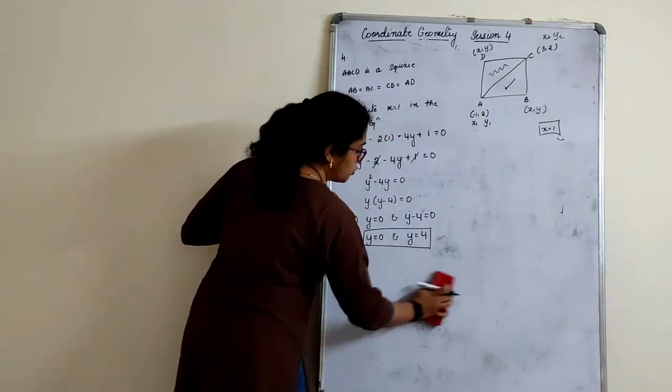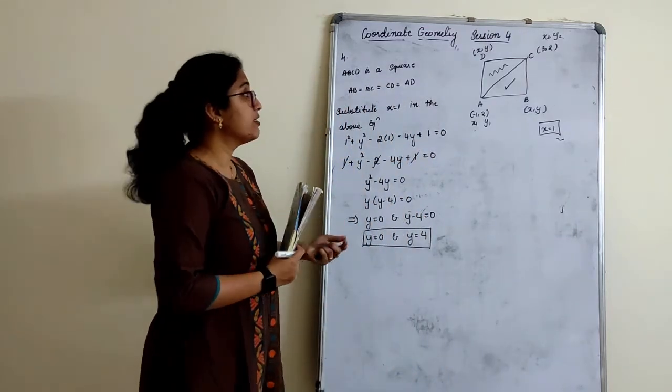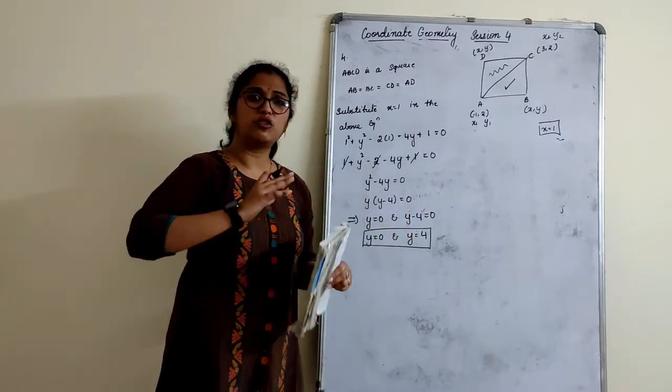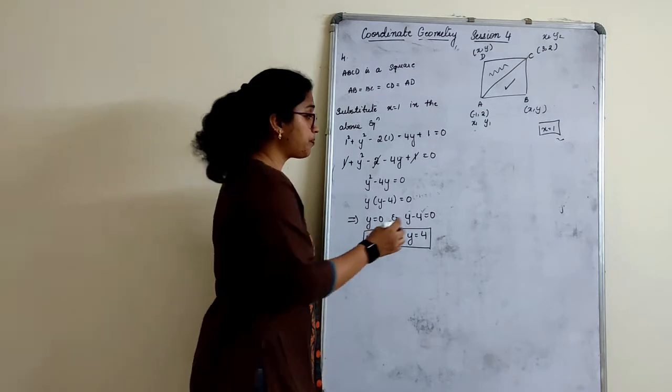Why do you think we got two values here? Because there are two coordinates that we have to find. Now see children, the fun is, if you had chosen this part of the coordinate also, you would end up doing the same thing again. Give a try to this sum.